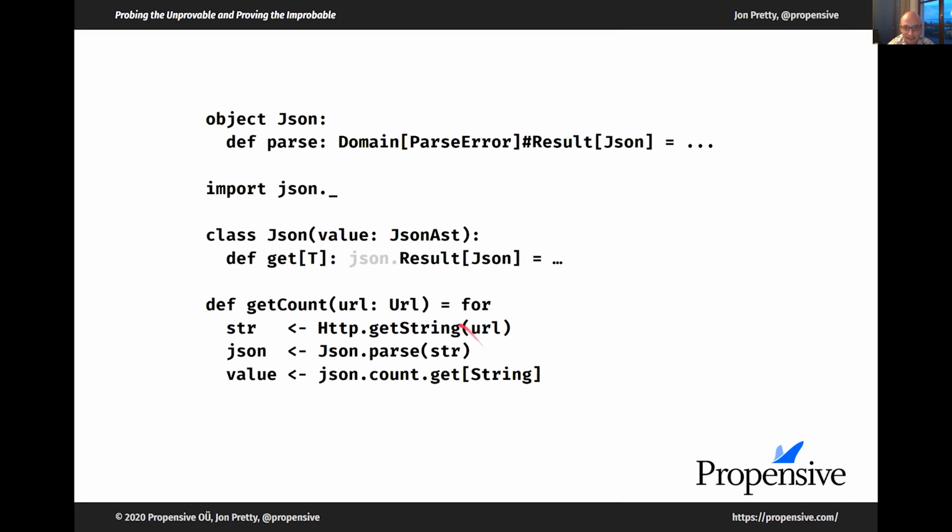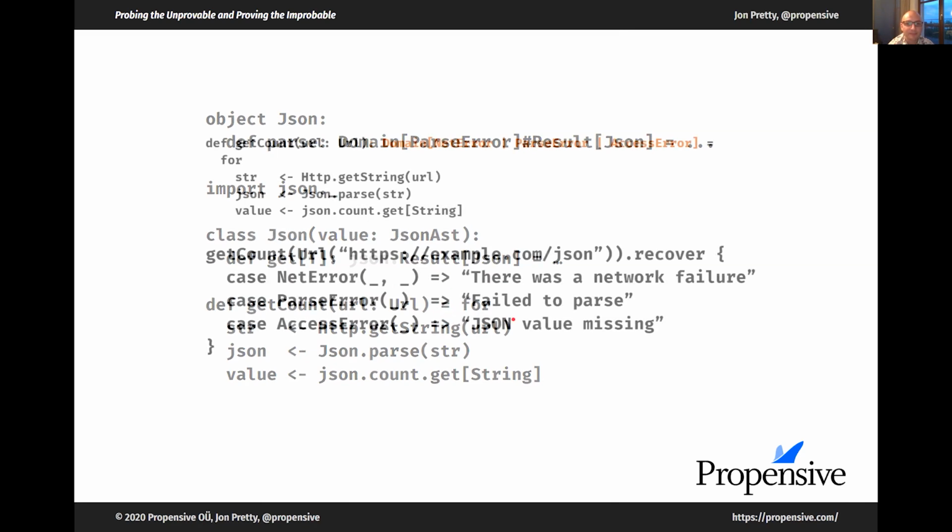And the nice thing is that it will be inferred to be a type parameterized on a union, which will enforce exactly the constraint we need: an exhaustive partial function, so in fact a total function, will be checked at compile time. And we can know that if we handle all of those cases, then we have totality. There is no risk that any exception would be thrown, apart from surprises, of course.